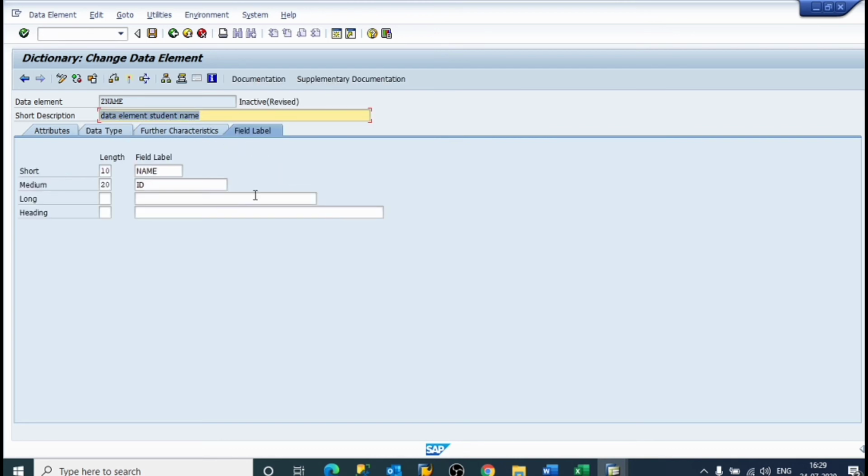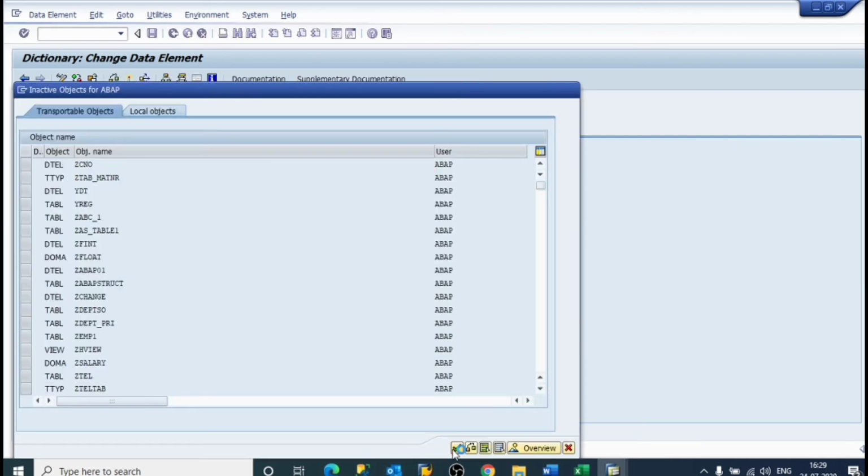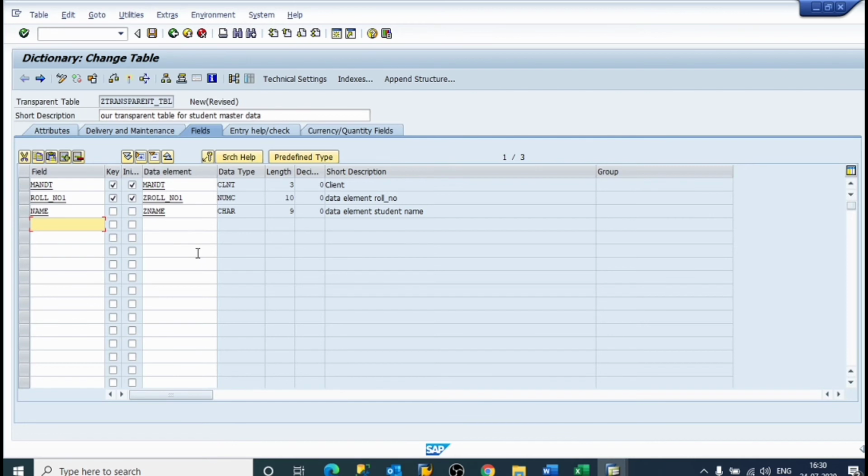Field label will say student name. Now we'll create address.